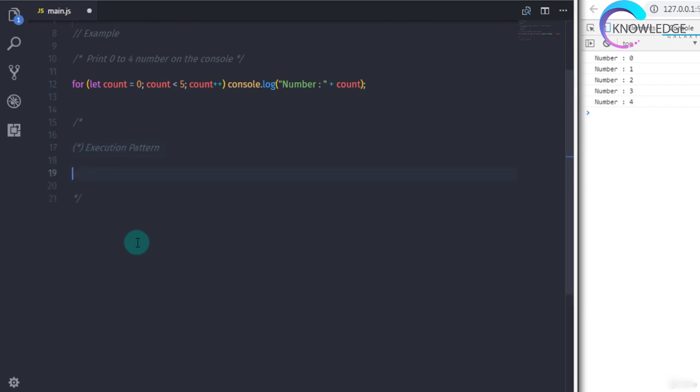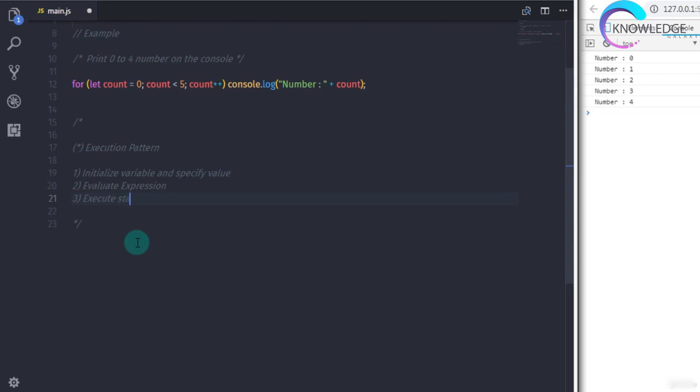First, the for loop will initialize the variable with its value. Second, the for loop will evaluate the expression before moving to the statement. If the expression is false, then the for loop will terminate. If the expression returns true, then the for loop follows the third step.